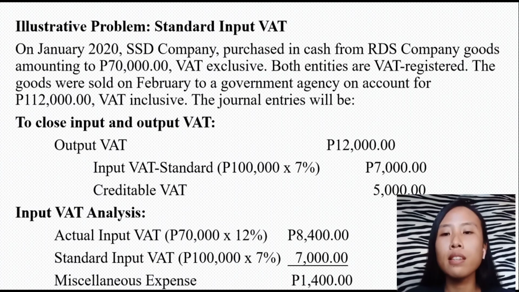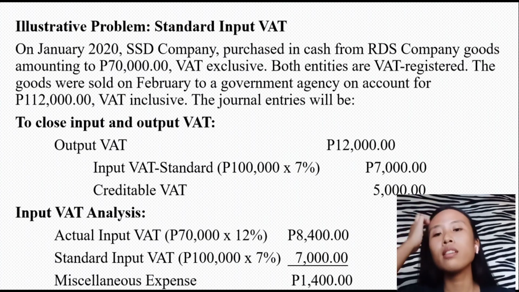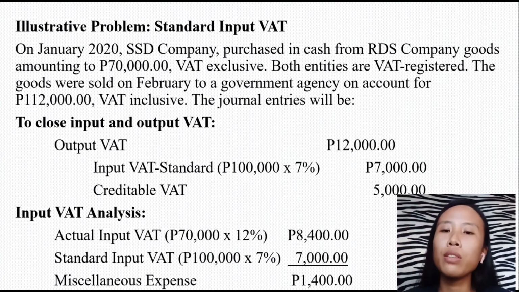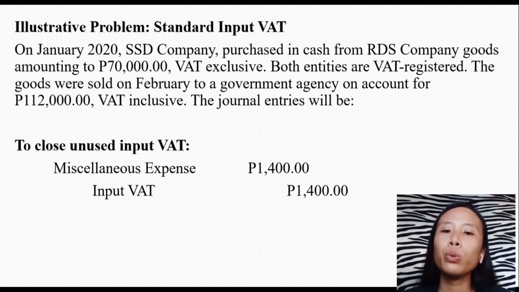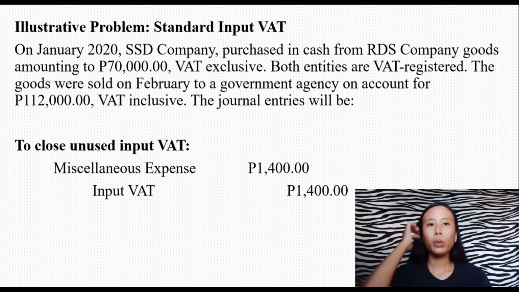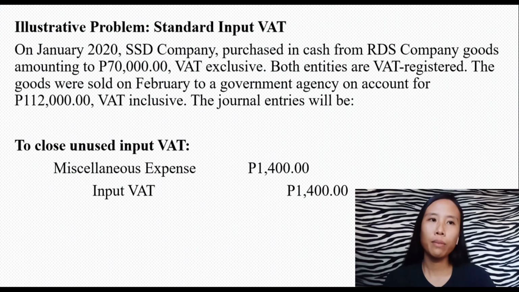And as you can see, there is a difference of 1,400. This in turn shall be closed to miscellaneous expense. So to close unused input VAT at the end of the period, debit miscellaneous expense 1,400 and input VAT is credited 1,400. So that will be the last part of